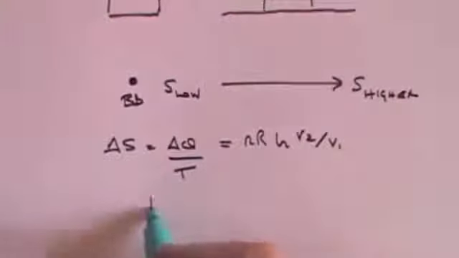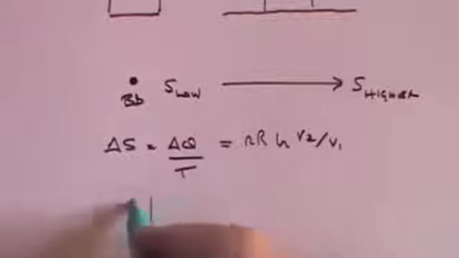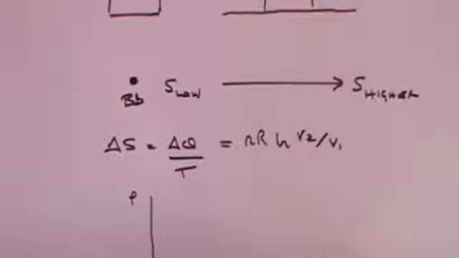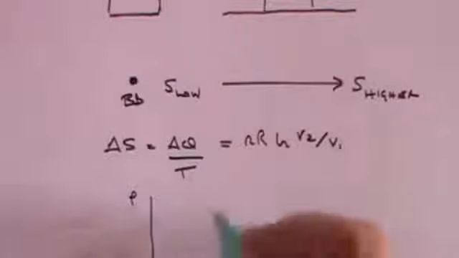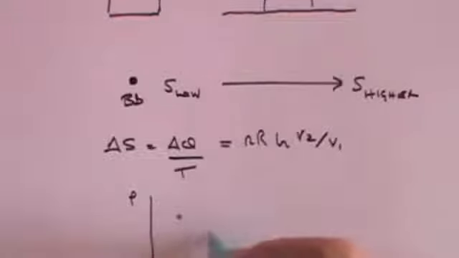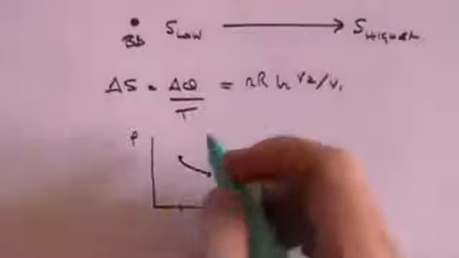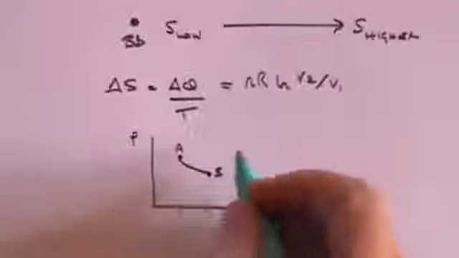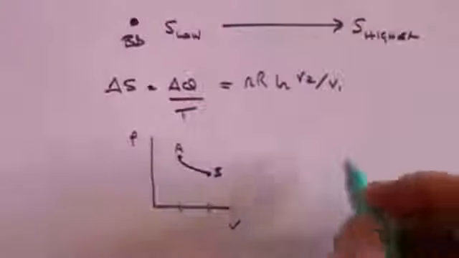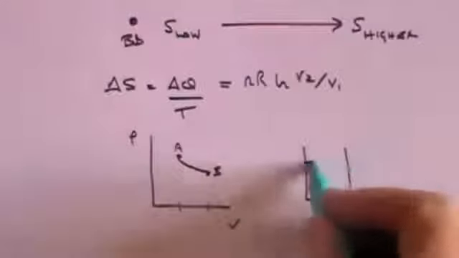So let's suppose we take a system, this is a PV graph, where we simply double the volume. So we go from here to here as part of our Carnot cycle. The volume has doubled, basically. We've gone from here, A to B, by doubling the volume. So if we've got a gas with a piston,